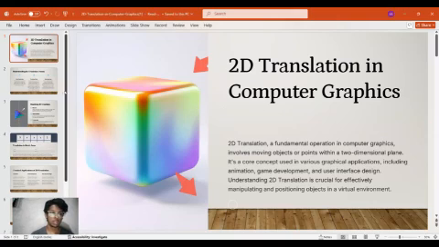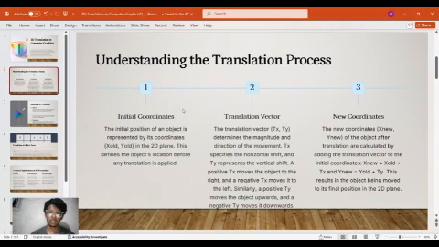So, moving forward, to understand the translation process, first we describe the initial coordinates. If you want to move a triangle, you decide the initial coordinates of it, like x old, y old. So after that,